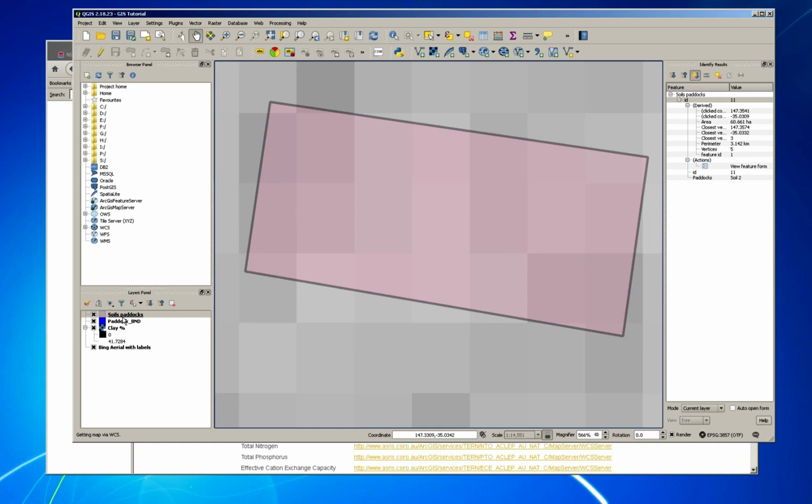Now if I change in my layers panel to the actual clay percentage layer, and I use this little information tool up in our main menu, you can see that when I click on one of these raster pixels, it's actually going to give me some information. So it's telling me that the clay percentage for that particular pixel is 31.3%, 3% or 4% rounded off. And likewise, if I go